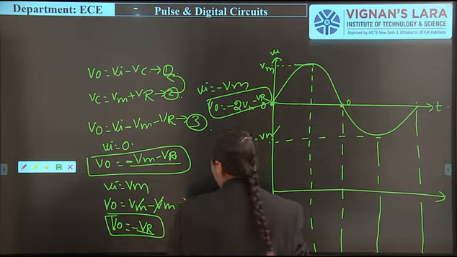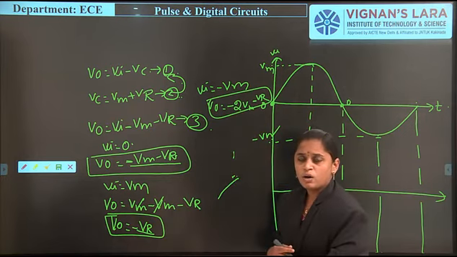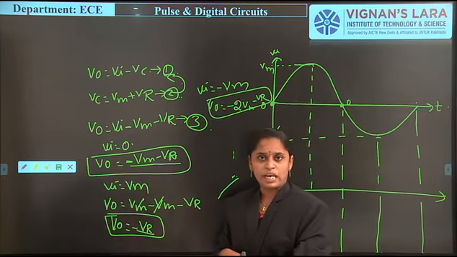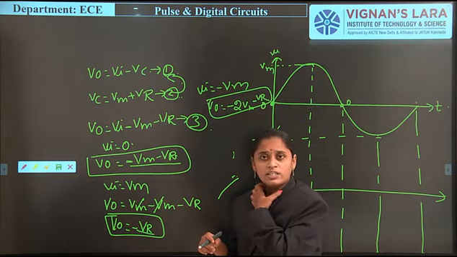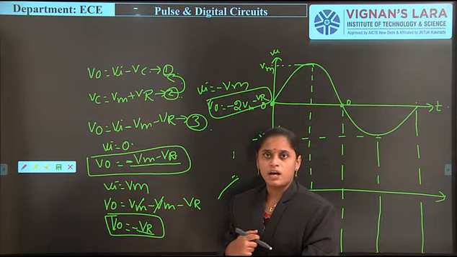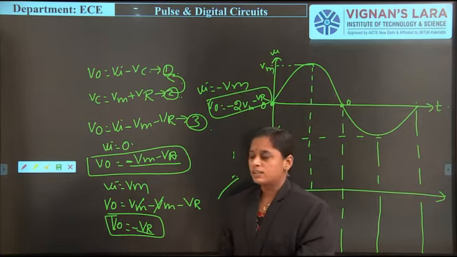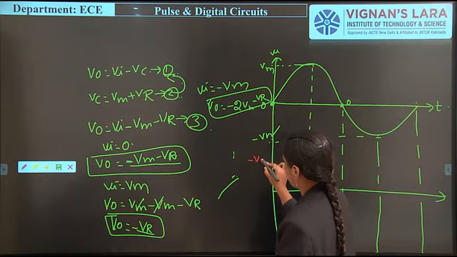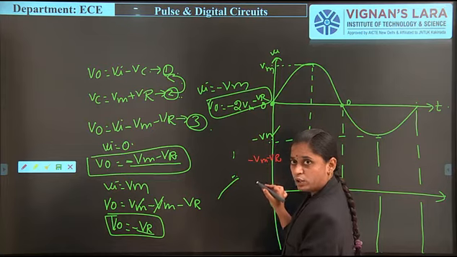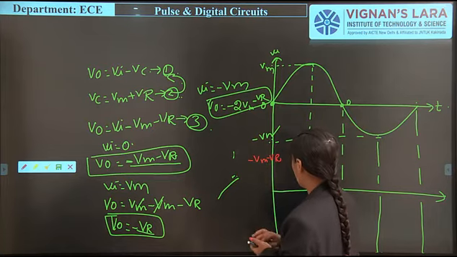So the first one is minus Vm and minus Vr. Maybe the input signal is a 5 volt signal, that is minus 5 volts, and assume the reference voltage is 2 volts, then what happens? It is less than minus Vm and minus Vr. So simply, compared to Vm, the term will be in the below direction only.